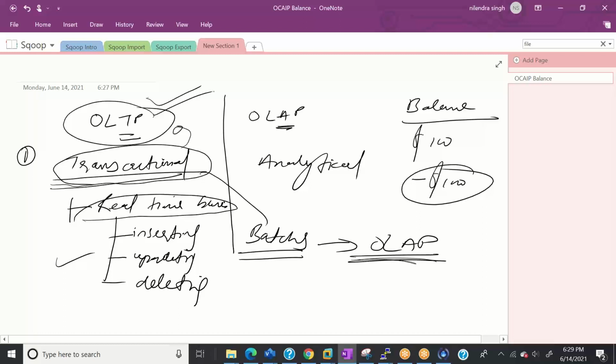But to bring data into the OLAP system, we need some software which can bring transactional data into OLAP, and one of the softwares is Sqoop. Sqoop is software which will bring data from a traditional RDBMS system to HDFS, just for the sake of analysis. We can do analysis using the MapReduce framework, or Spark, or other frameworks, so it won't impact the OLTP system. That's the first thing.